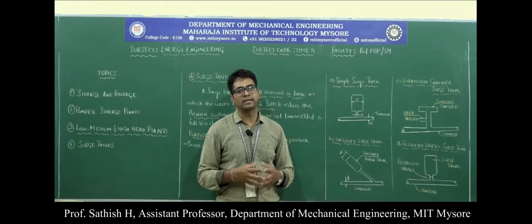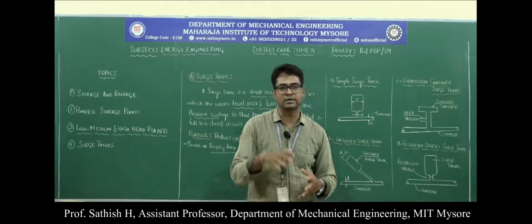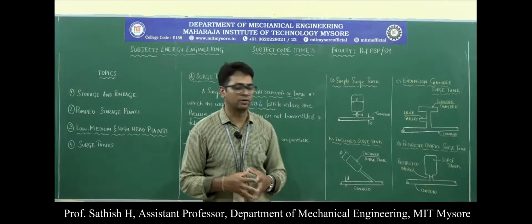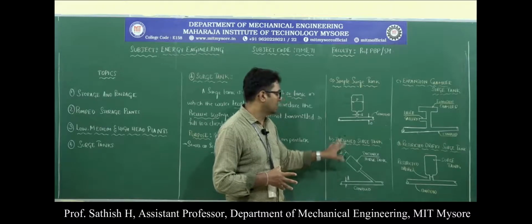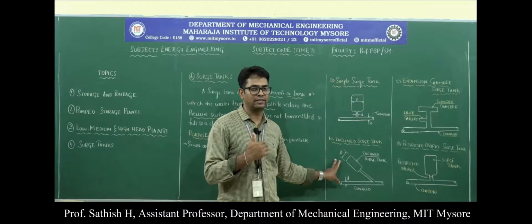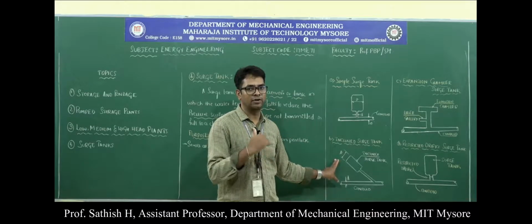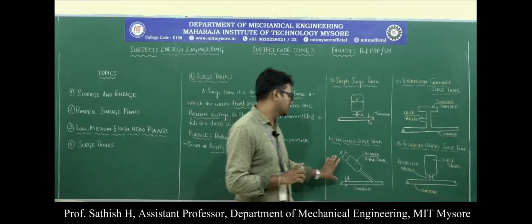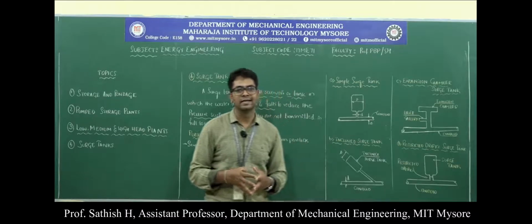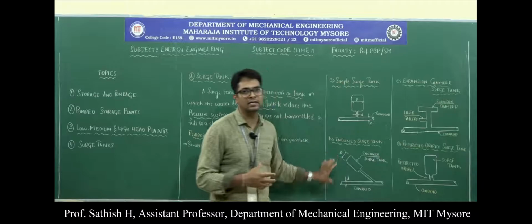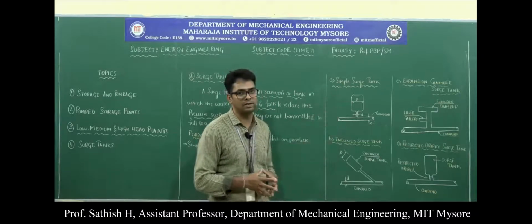The advantage is that, since the water surface area is less, for the same operation, if you compare these two, the height of the surge tank required is less if you incline the surge tank. If it is at some inclination to the conduit pipe, the height required is less. Some of the disadvantages are that, because of its inclination, it is difficult to construct, and it is also a little bit costlier compared to the simple surge tank here.